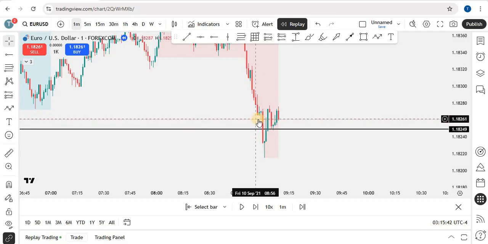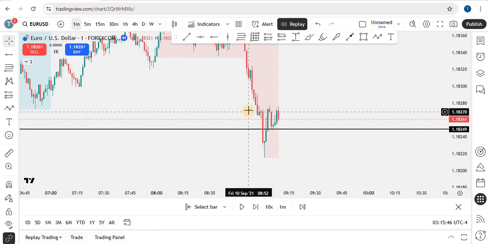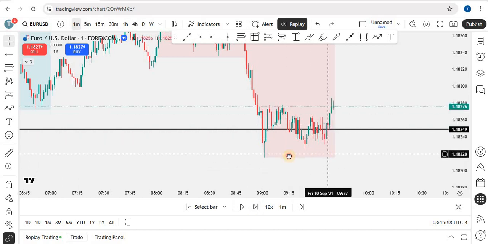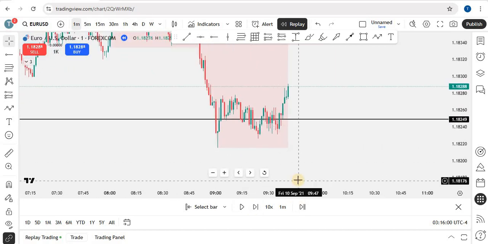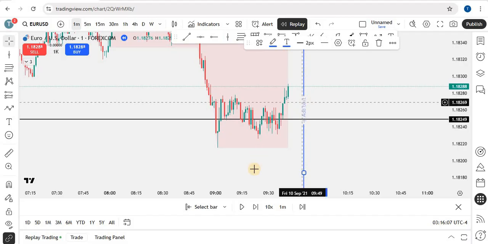We have inversion, okay, but we will wait for more confirmation until price reaches 950 macros hour. Okay,